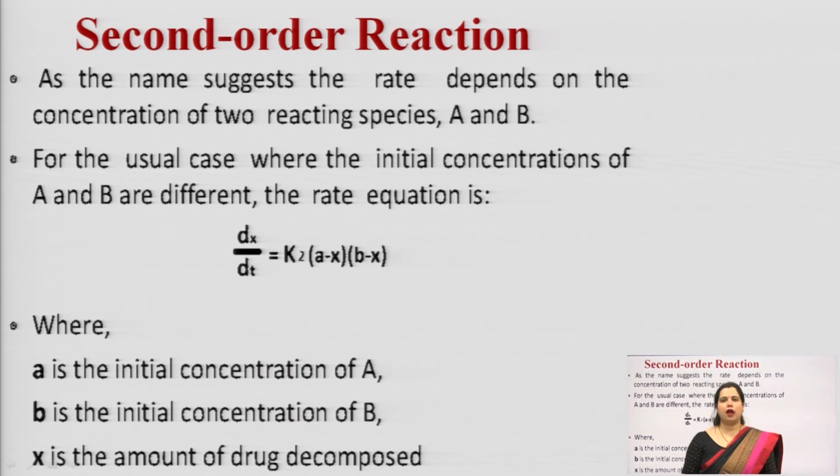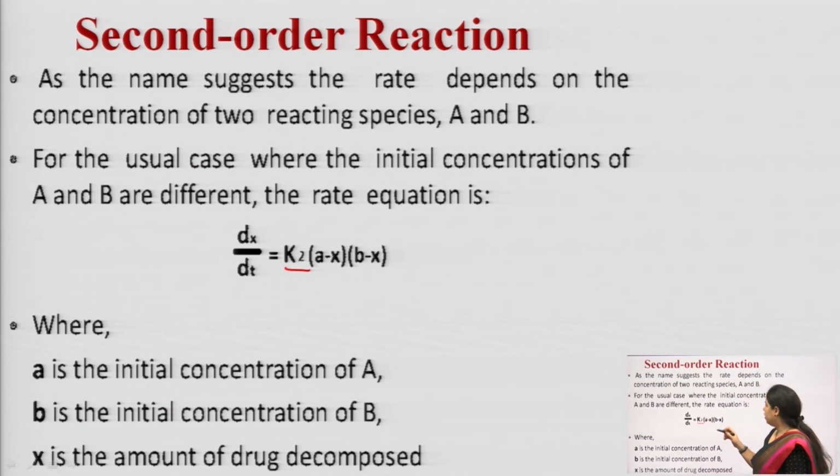Now, after first order kinetics, second order reaction, as the name suggests, the rate depends on the concentration of two reacting species, like A and B. First order depends on one reacting species, whereas in second order reaction it usually depends on two reacting species. For the usual case where the initial concentrations of A and B are different, the rate equation will be like dx by dt = K2, because 2 represents the two different reactants participating in the rate of reaction,